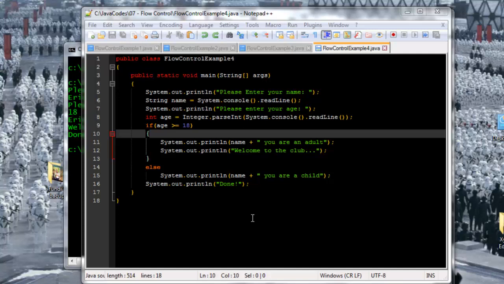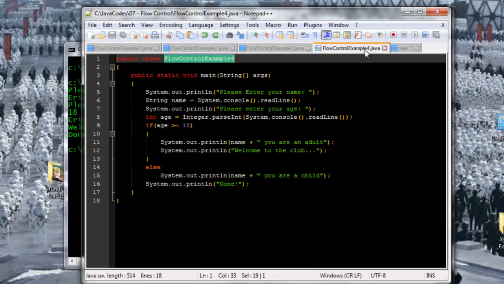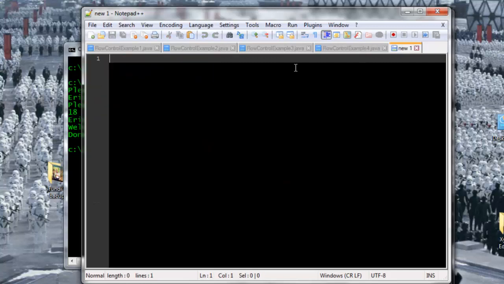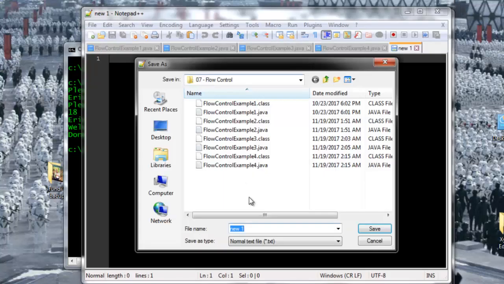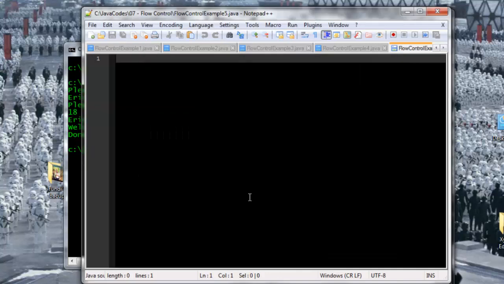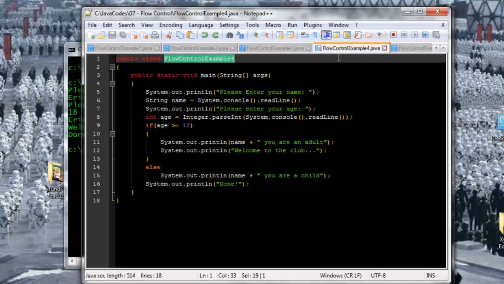Alright, let's take this to another level. So I'm just gonna create a new file. Let's call this flow control example 5. I'll save as flow control example 5.java. So what we're gonna do right now is